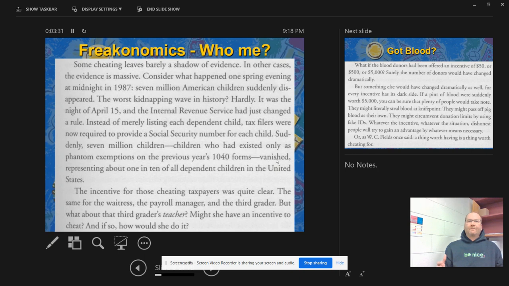And the reason we do that, and the reason we call it claiming dependents, is that our government doesn't take as much tax money from people for each child that they have, or for each dependent that we have. They do that so that if you have more kids, you get to keep more of your money, in hopes that people then have more money to provide their children with the basic needs they have: food, shelter, clothing, stuff like that. So there was obviously an incentive to have a lot of dependents.